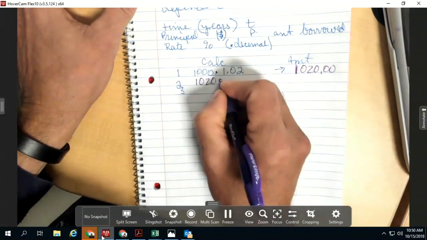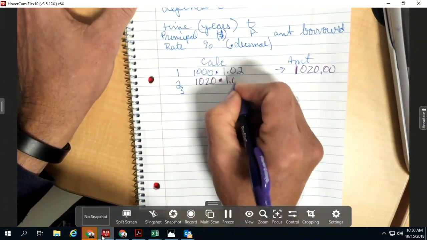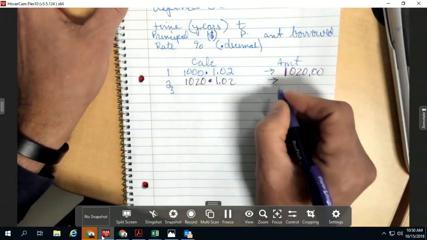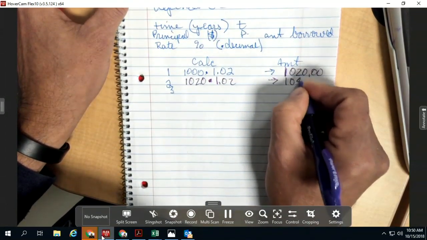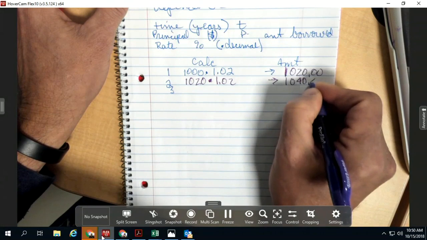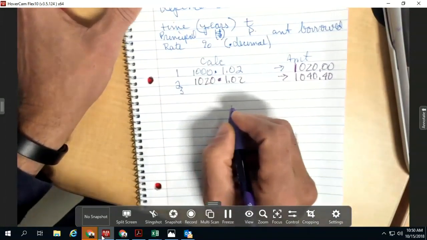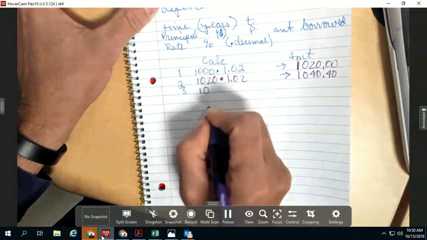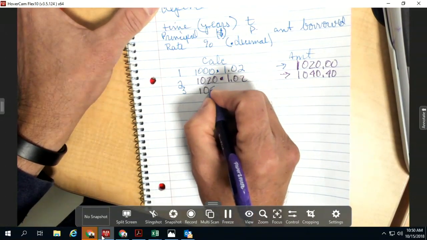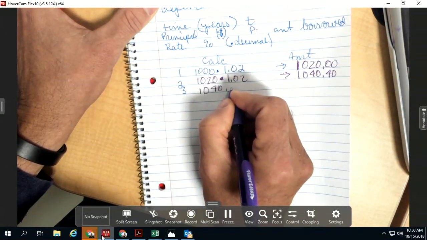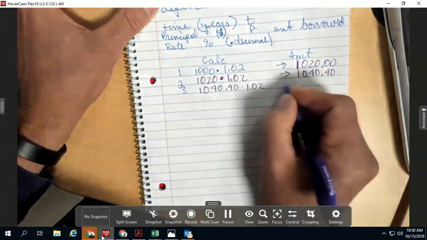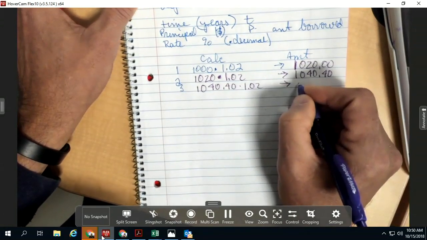$1,020 times 1.02, and we get $1,040.40. For the third year, we start with $1,040.40, and we get